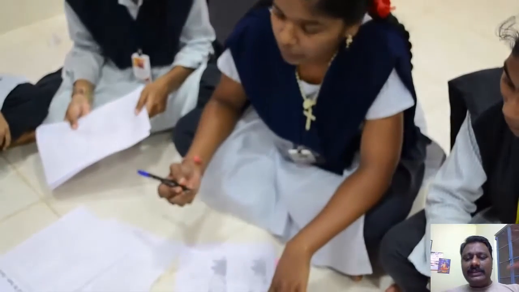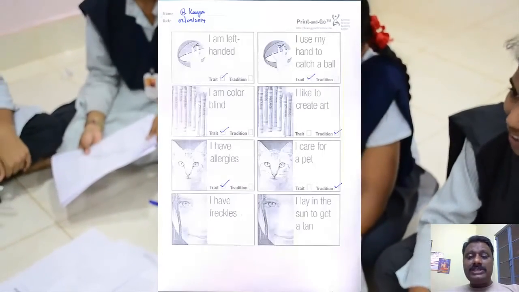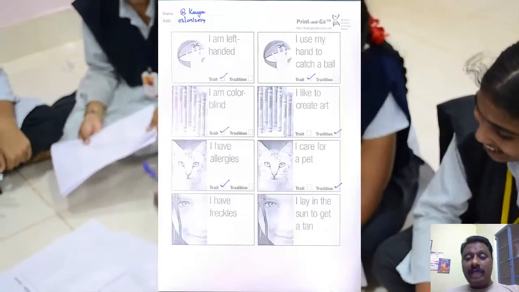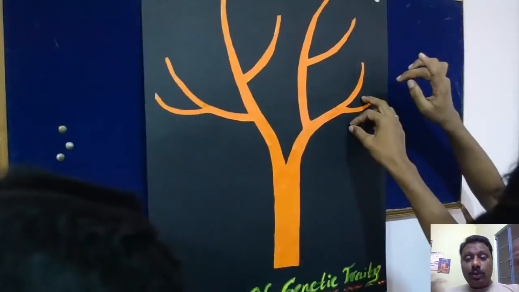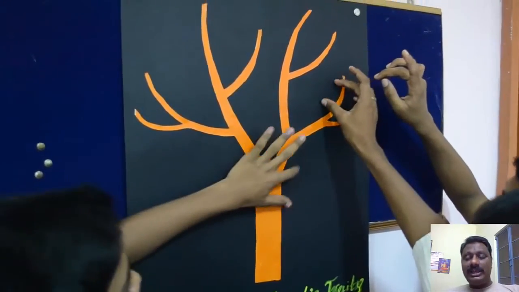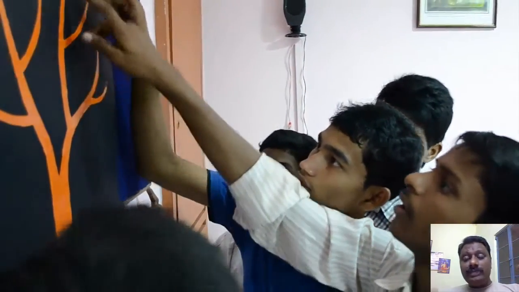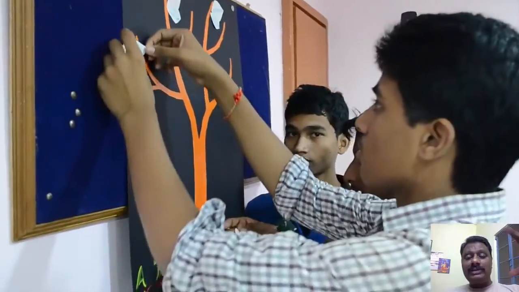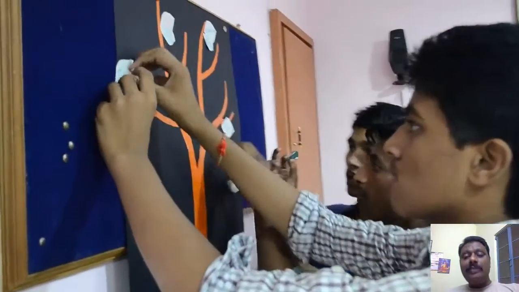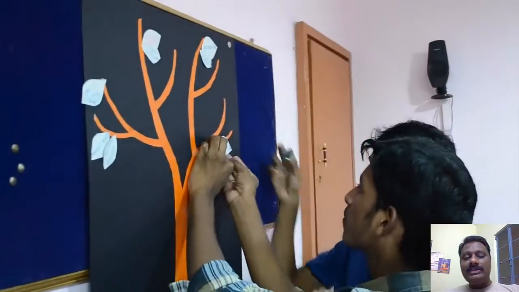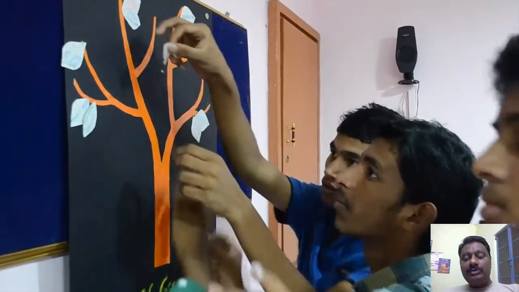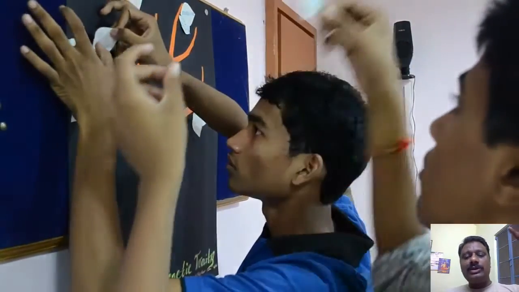showing risk disorders which run through inheritance in the family. They make all these things, and they can also distinguish which is a trait and which is a tradition, because there are a lot of things involved in this learning about the traits they have. So they have the knowledge of discriminating between what is right and what is wrong, and all these children construct a class trait tree based on the traits which they are inheriting in that particular manner.